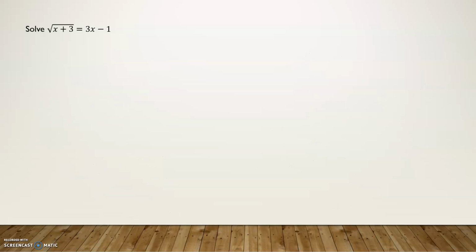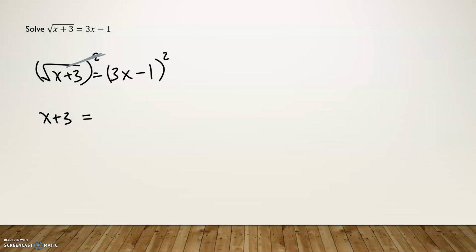Okay, let's look at this one. So our radical is isolated on one side, everything else is on the other side. So what I need to do is square both sides. What will happen is these will cancel each other out, and I'm left with what's underneath. So x plus 3. And then I can write this like this, x minus 1